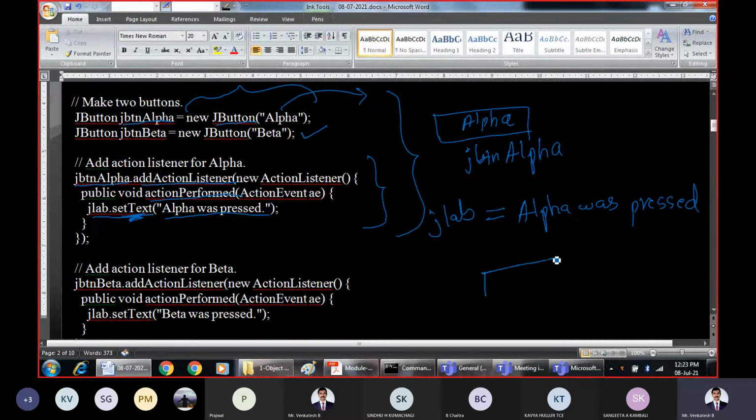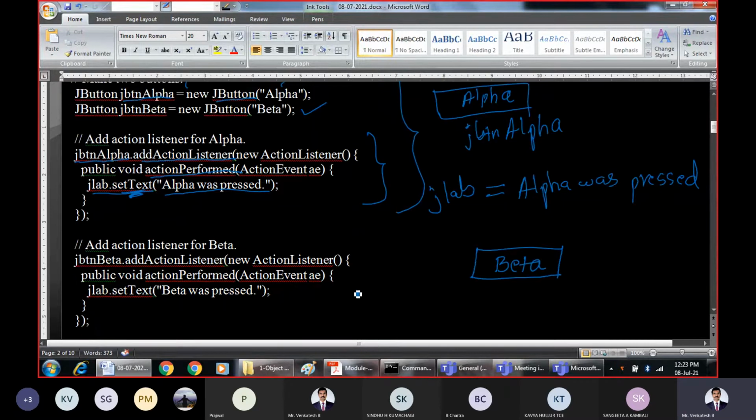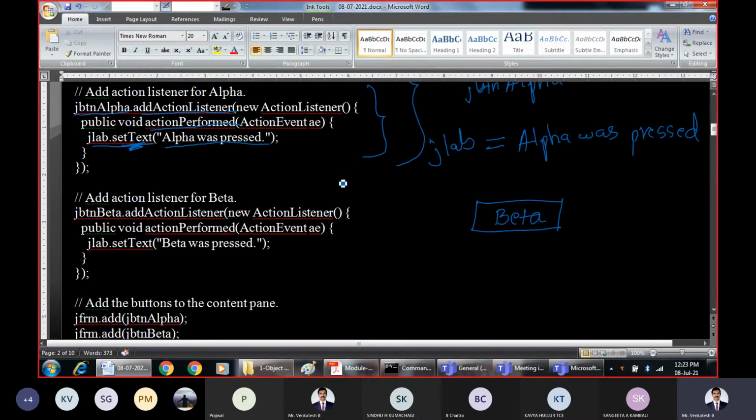What it does is simply create a button with the label beta on it. Now for this corresponding button beta, we are adding the action listener. So we are implementing the interface and adding the action listener for beta.